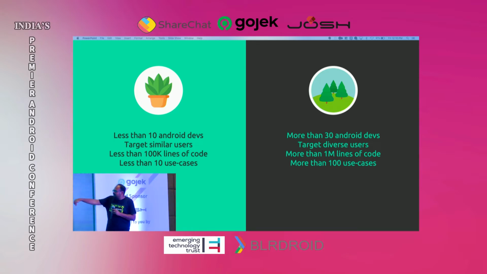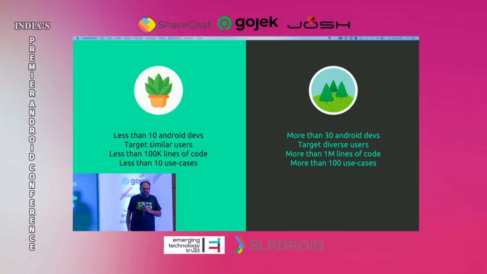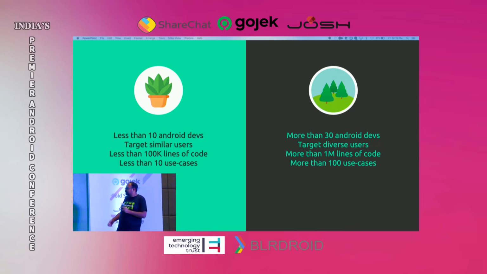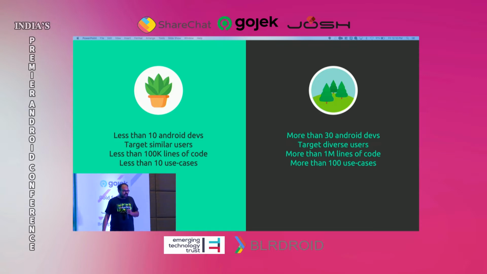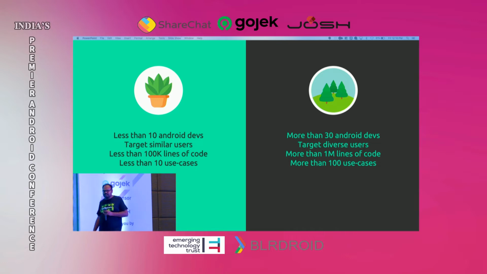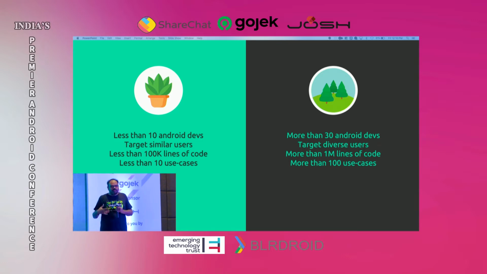I know for a fact that there is a huge mid path between these two, because we are talking about less than 10 Android devs and then we are talking about more than 30 Android devs. So there is that big middle path which I'm sure a lot of the companies will fall in. So the reason why we kept that distinction was to allow the